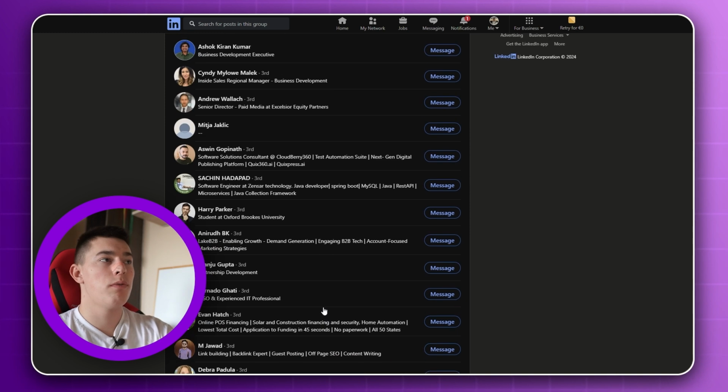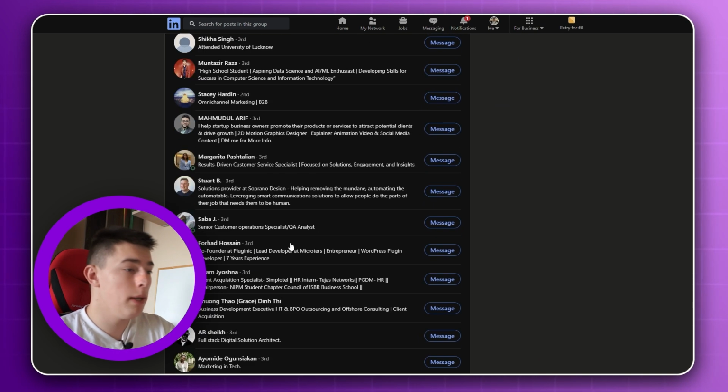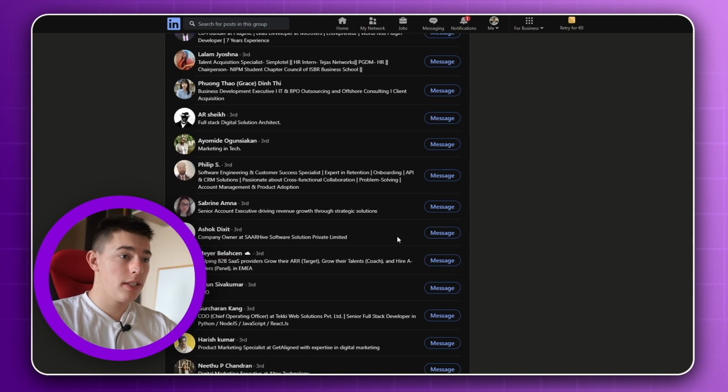So what you can do is find a group where your ICP stays. So for example, software as a service, right? You could search people doing TikTok shop, maybe search for people who have a brick and mortar store, whatever. You search, you find a group that has your ICP in it, and you message those people. Again, automating with Minimouse macro or scraping them for later with Instant Data Scraper. And simple as that. Again, you click message, you paste your message, boom,